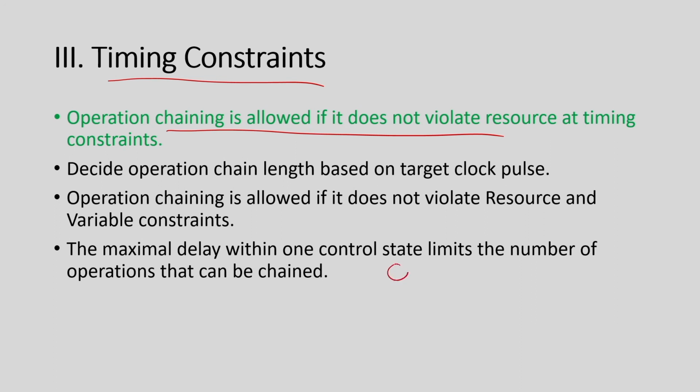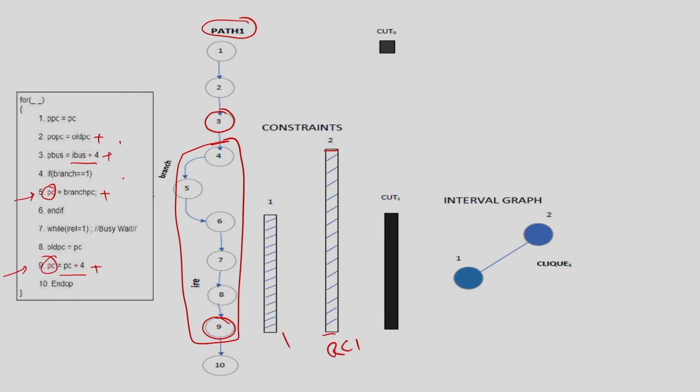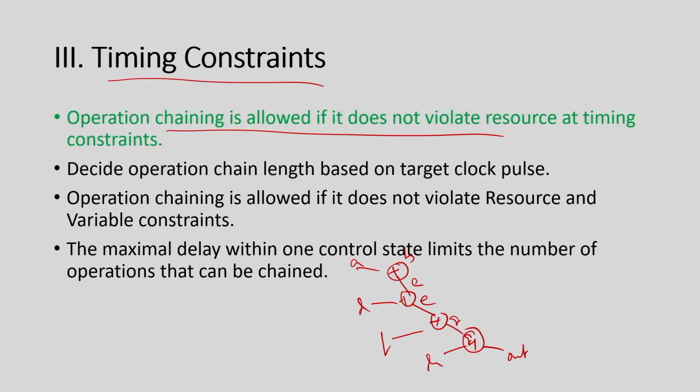So, for example, say there is an adder chain like this. I am doing A plus B, which gives C, then D plus C, which gives E, then E plus F, which gives G, and then again a plus operation, G plus H, which gives out. So, there are 4 such operations in a chain. It will create a chain of operations in my behavior, and by default I will assume that all 4 can be done in a single clock.